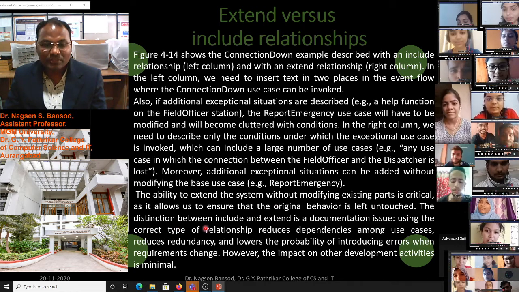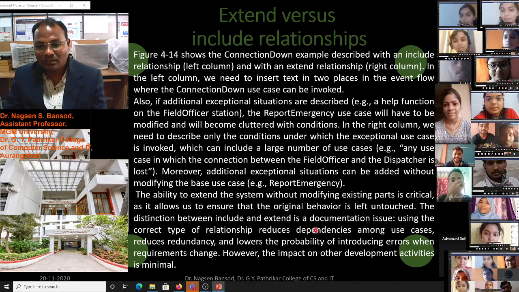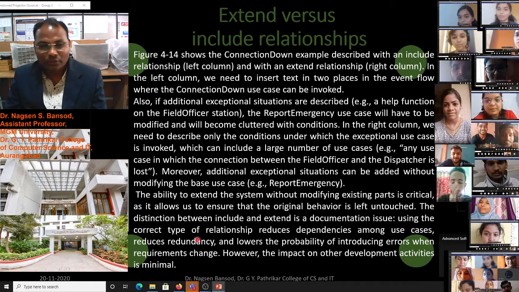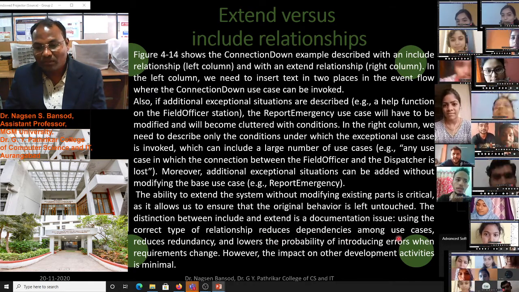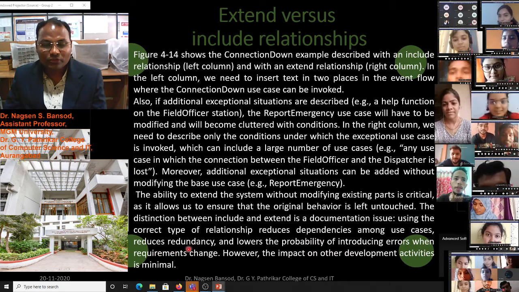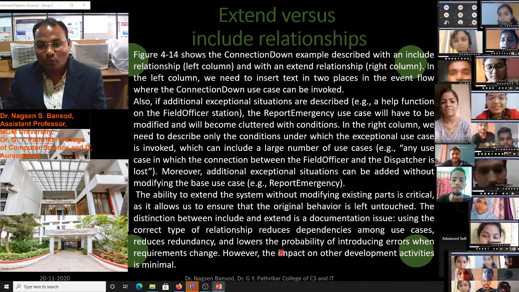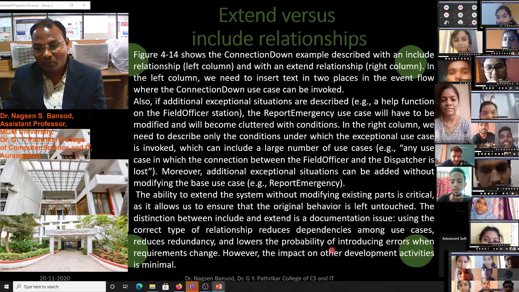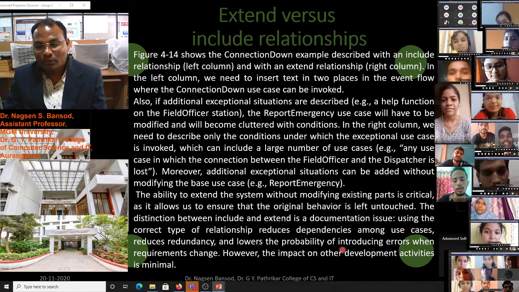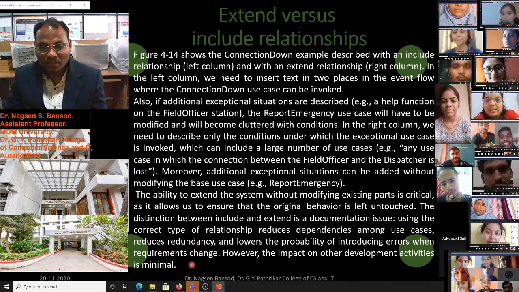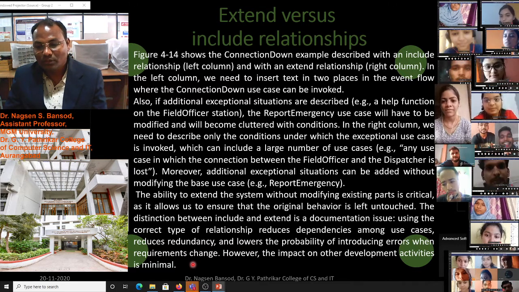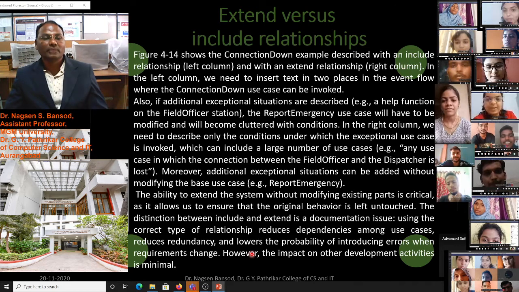The distinction between include and extend is a documentation issue. Using the correct type of relationship reduces the dependency among the use cases, reduces the redundancy, and lowers the probability of introducing errors when requirements change. Hence, the impact on other development activities is minimized.